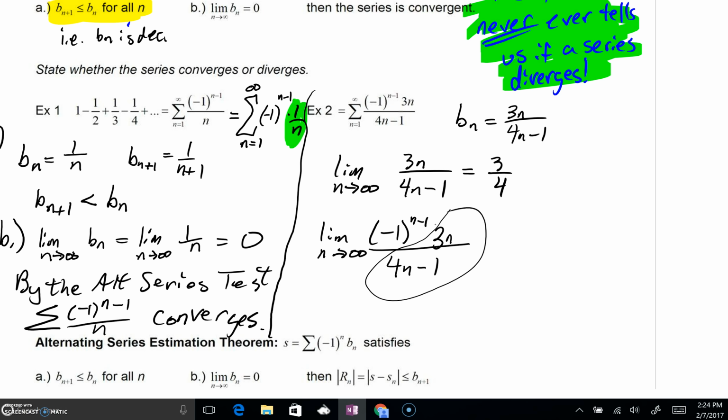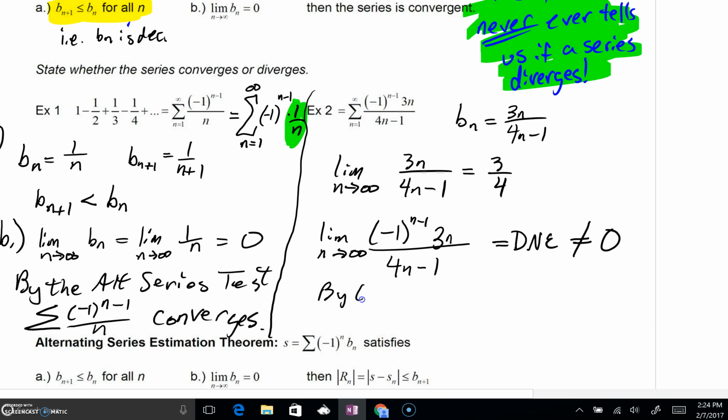Now, here's the issue. We don't know what infinity is in terms of being even or odd. In fact, infinity is simply a concept. So guess what we can say here? What is this limit? Guess where it's going? It doesn't exist. Yeah, it's bouncing between a positive 3/4 and a negative 3/4, with that negative 1 to a power. But more to the point, guys, that nth term limit isn't 0. And because that's not 0, now I can say by the nth term test for divergence,